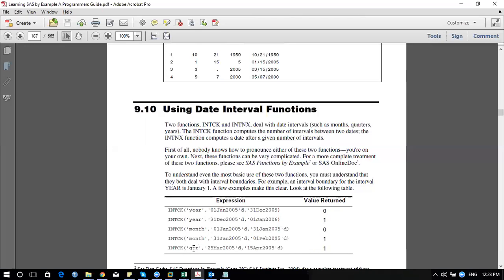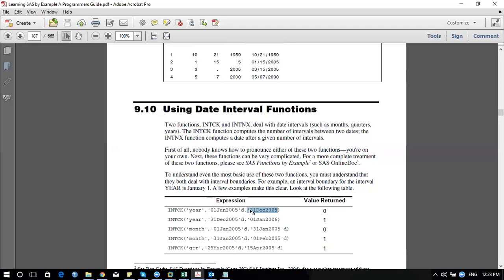So Ravi, one quick question. In the first entry, when this is written, intake year 1 January 2005 D, then after that 31 December 2005, there is no D written, but the third and fourth examples have D. So why is D not there in the first two? This is wrong. Here something is wrong. You have to write it. Yes, it is right, okay. You have to mention it same like this. So this is something wrong over here.